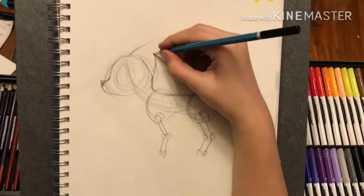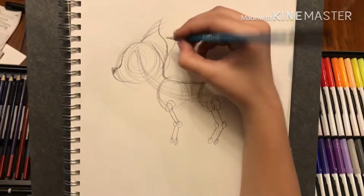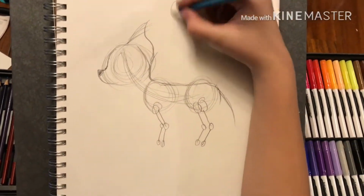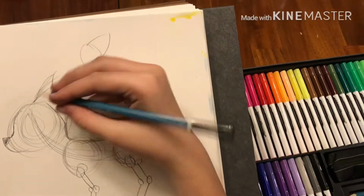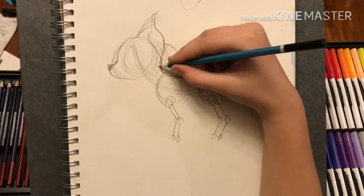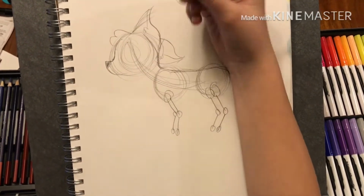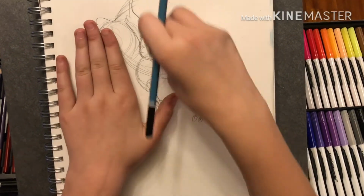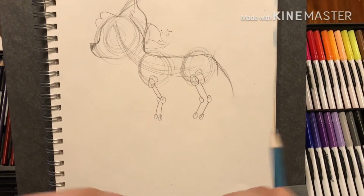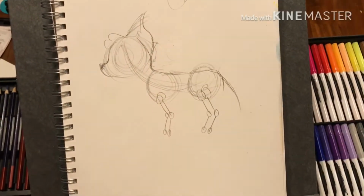What I like to do is this, with my old style, but now I do a bit, but with the side I do this, but with the front I like to do like that. But here we're just gonna do that for now. And if you want to add like that, you're okay to do so, because then we want to add a little fluff to the head. Okay. And then